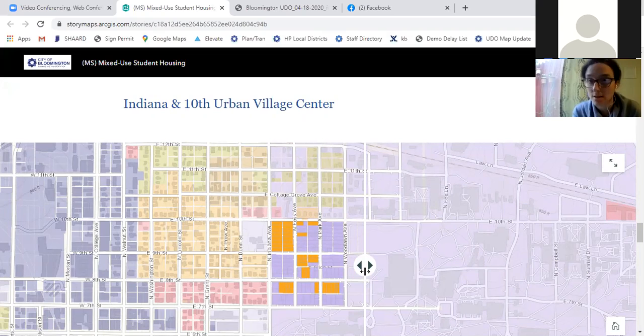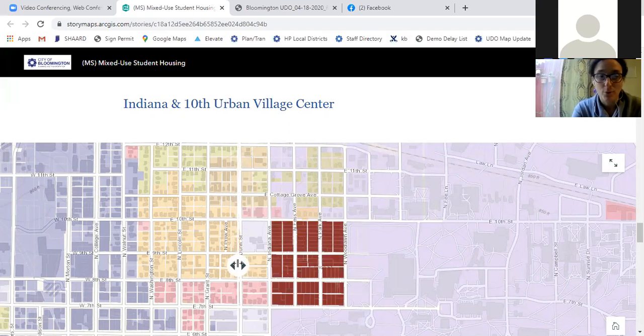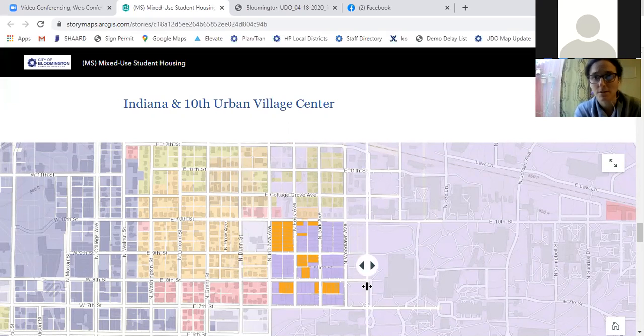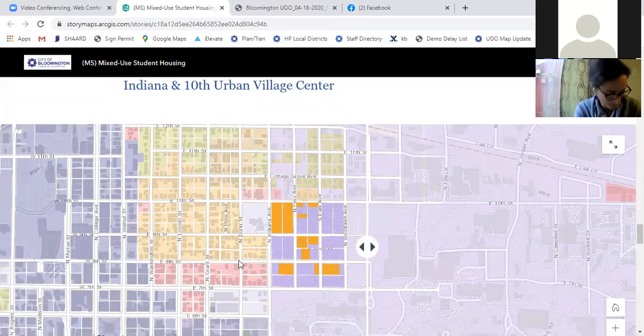Were they to sell any of those properties, obviously then the zoning would be in place for the private property owner who purchased it. So that's the idea here: yes, some of these properties are owned by Indiana University, and no, they are not beholden to our rules. If in the lifespan of this zoning code, something were to change and they would want to be relieved of those properties, then we would already have the zoning in place that we feel is appropriate in this area. So we are proposing, again, that this whole little block here be rezoned to mixed use student housing. And there are also some private property owners in here, obviously in the multifamily, but also in the institutional.